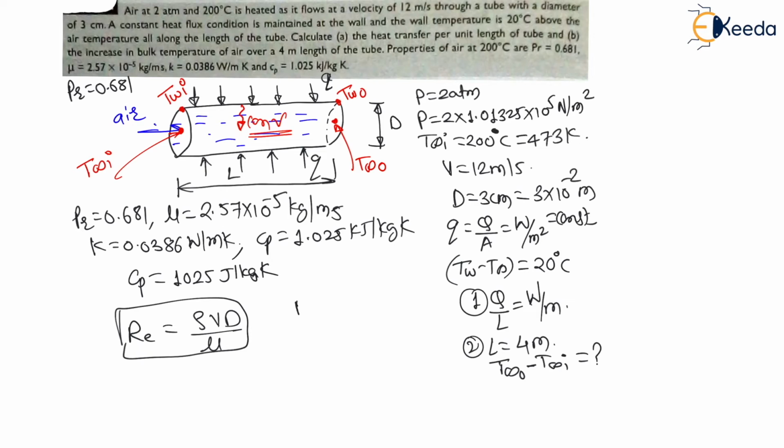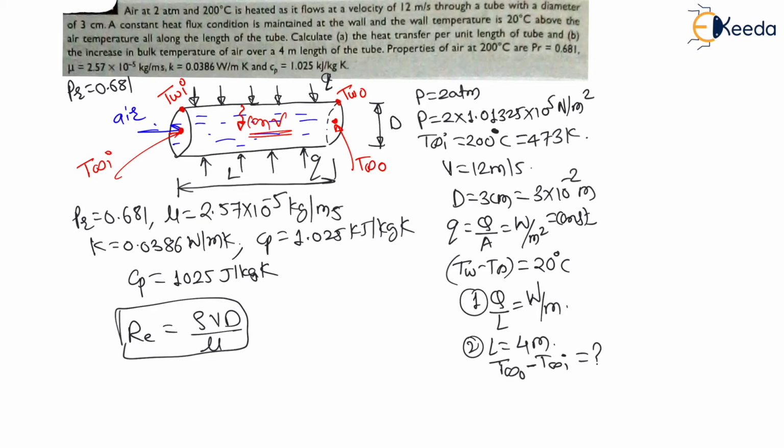Therefore, here the ideal gas equation is PV = mRT, where P is equal to mass divided by volume into RT. Therefore, this RT I will take towards the left side. Therefore, it will become P divided by RT is equal to, now mass divided by volume is density, therefore rho. So, my dear students, to calculate density, we have to calculate P divided by RT, right? So, let us find this density with the help of this thermodynamic relation.